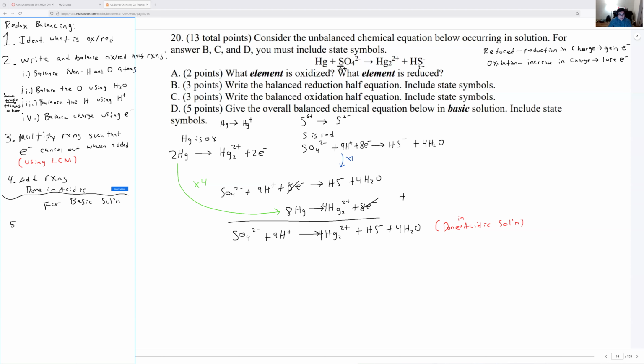So in basic solutions, the next step here is you're going to add the same number of hydroxides as there are H plus to each side. So also I want to note, sometimes you're going to get like H's on both sides here. Make sure you cancel them when you're adding them, right? But you should, when you're adding them, reduce it down all the way. And then that's it. Where did the 8